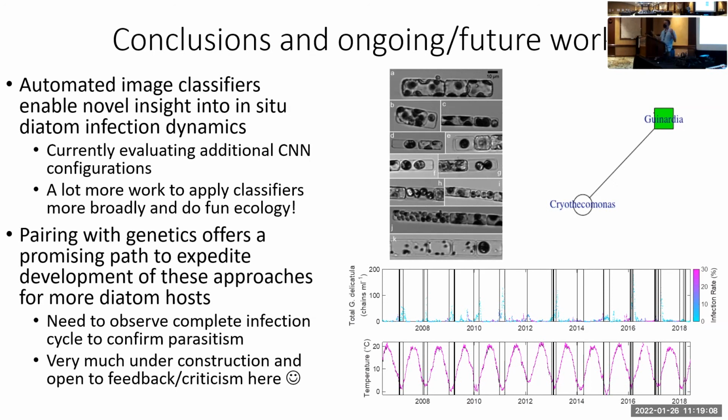As far as scaling out to the broader diatom community, we probably need to resolve a complete infection cycle that resembles something that's been observed in the literature before, as we've done, or as Emily's done with our model system. But I'd love to hear your thoughts on that as well as trade ecologists.